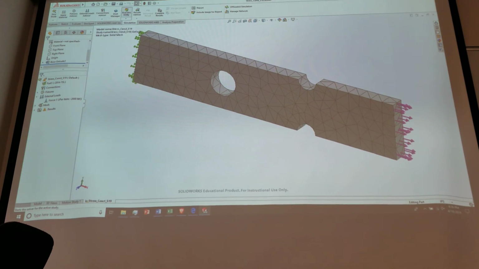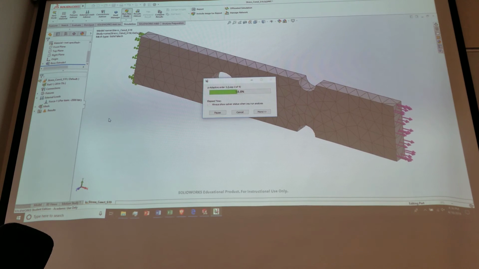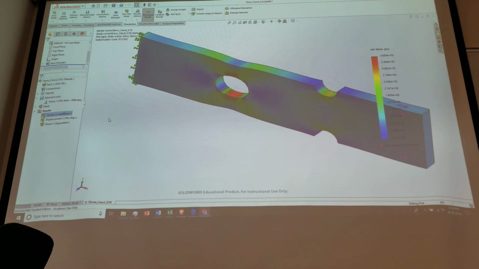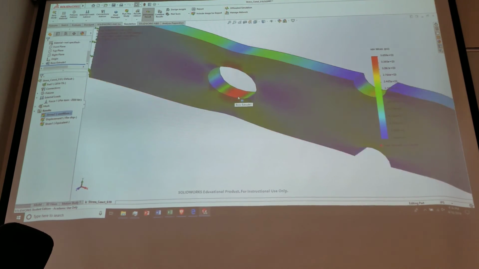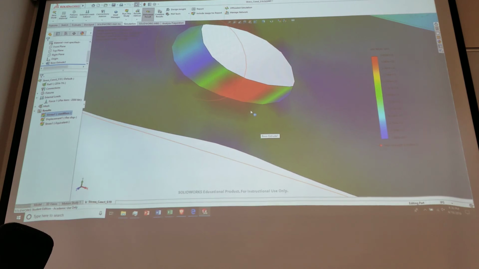And I can run this now, and it'll sit here and chug, loop 2, loop 3, and there it goes, quit after loop 3. And you see it never quite got the refinement. When we zoom in here, it never really refined the